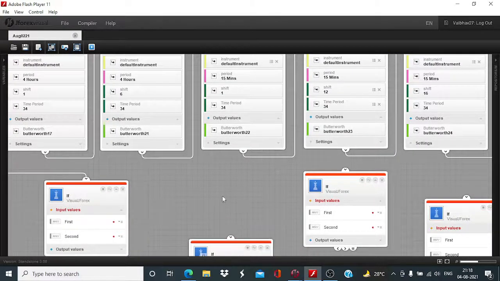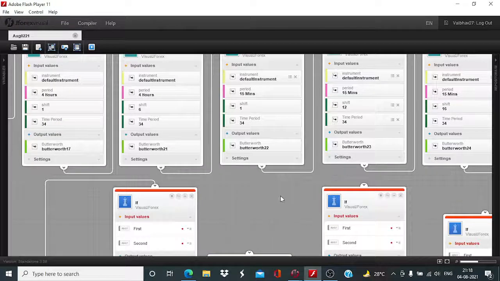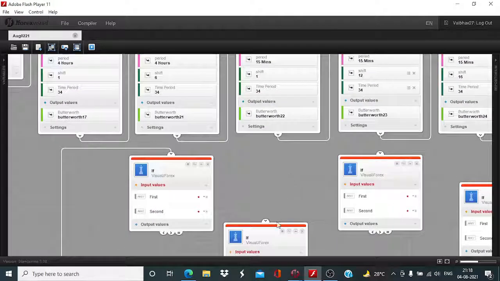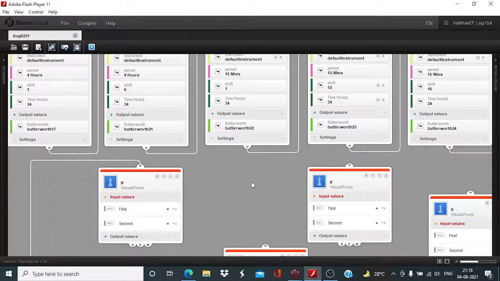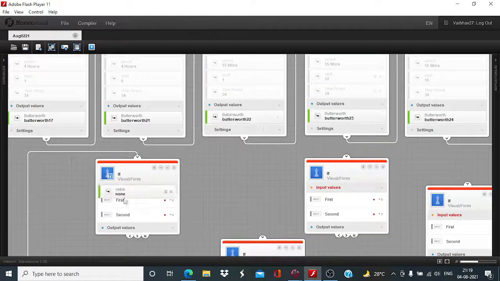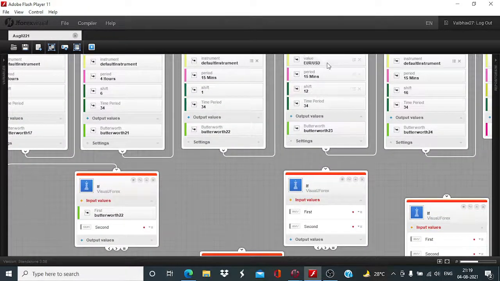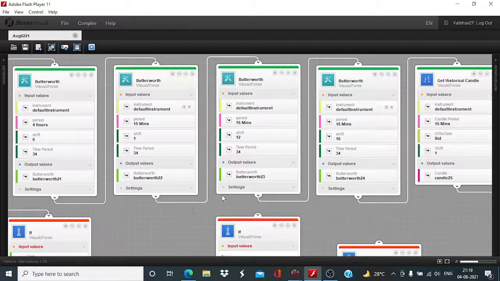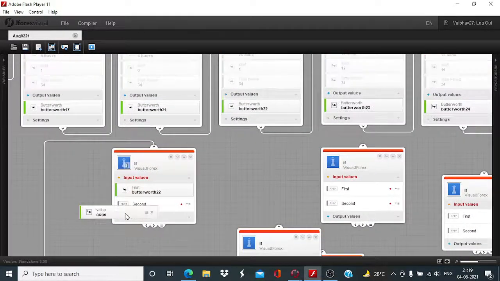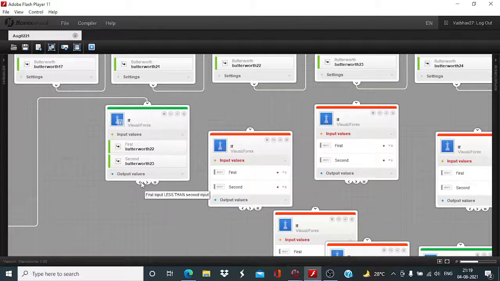And after that, we need to look at the price action on the lower time frame of 15 minutes, where the conditions, as I have explained to you on the JForex chart, we need the last 15 minutes Butterworth output, which is Butterworth 22nd, to be less than the output 3 hours back. So we have this block with the lookback period of 12. First input less than second input,